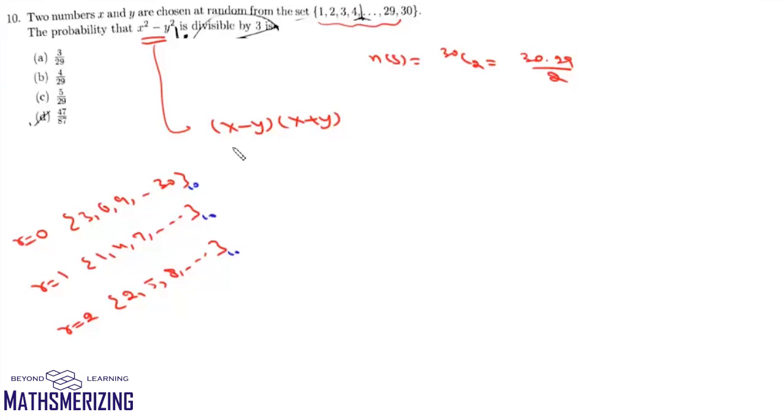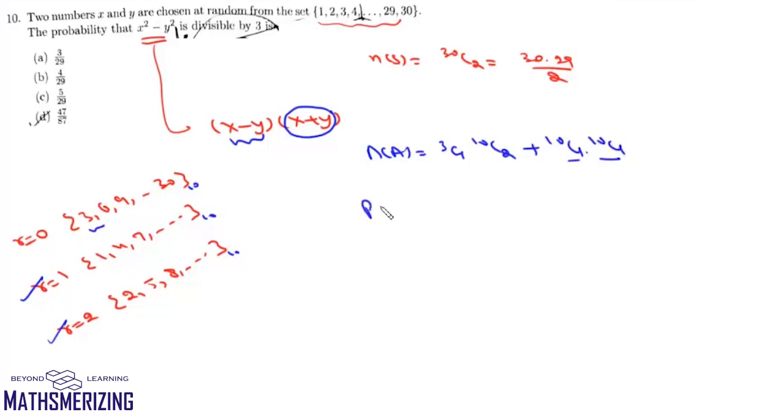Now this number x square minus y square will be divisible by 3 when either both the numbers belong to the same set. So either it can be from this first set, or from the second one, or from the third one. So it can be any of the sets, 3C1, and from this set we can select any two numbers in 10C2 ways. Or when x plus y is divisible by 3. Now x plus y will be divisible by 3 when either we choose elements from this set, which we have already done in the first case, or when we choose one element from this set and another element from this second set, so it will be 10C1 into 10C1.